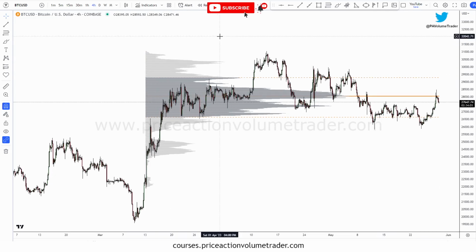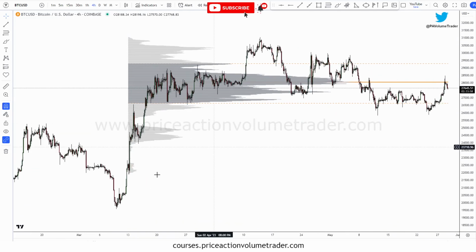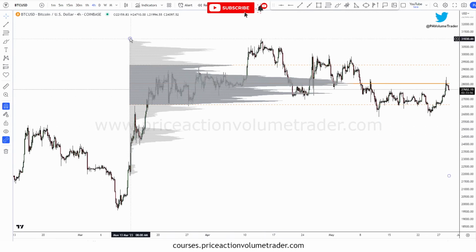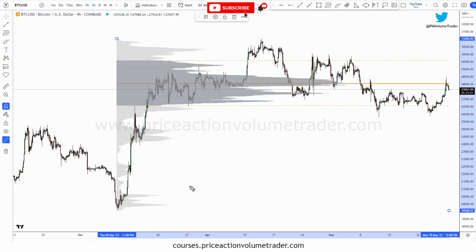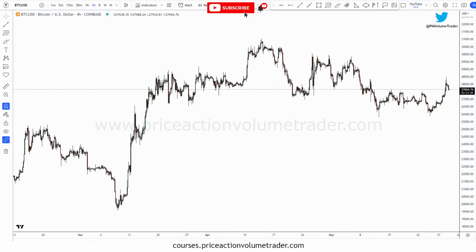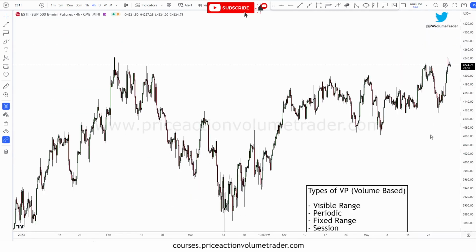So I don't really care about that, because for me, each market is unique and I want to analyze them in different ways. So for Bitcoin, I'll probably bring it to this swing low right here. So that's why I don't like this profile, because it's just going to stay in the same spot for any market that I'm analyzing. So let's erase it and show you the better version, which is using the volume profile